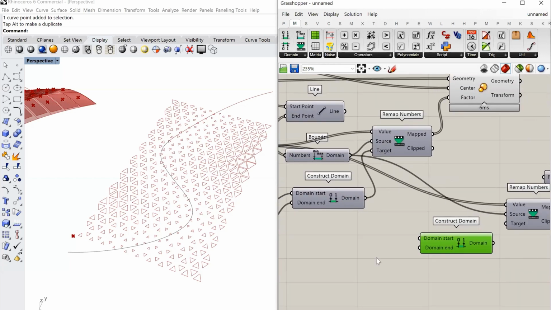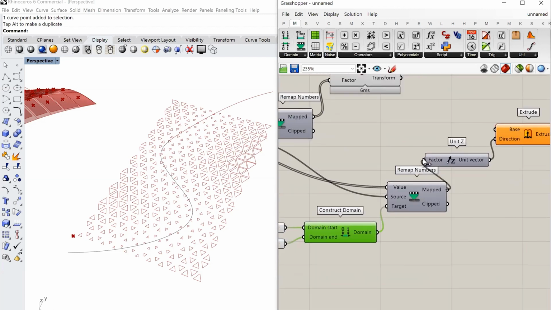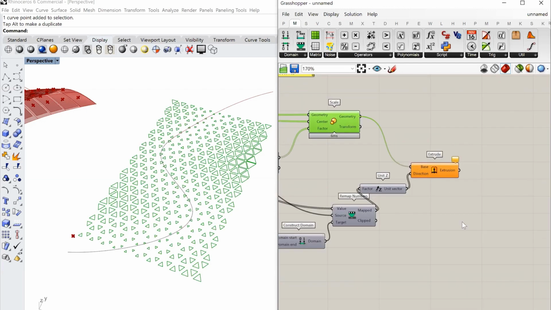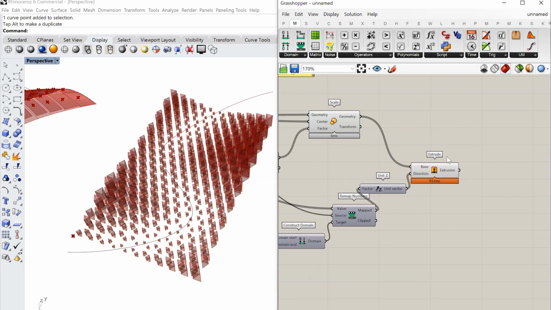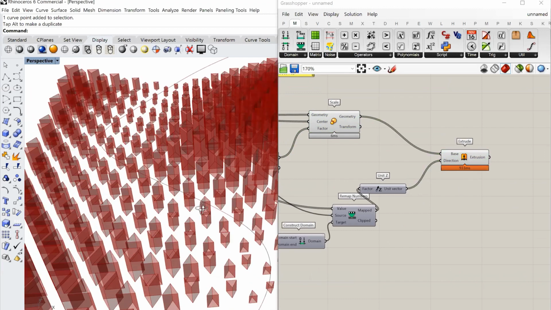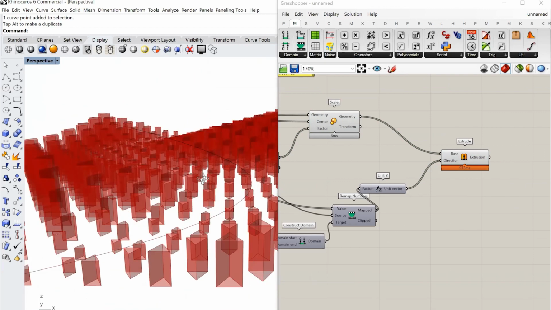And then my domain can be, let's say, 50 to 500, because now I will be using these numbers for giving it a height, extrusion height. So I'm using a larger number, not 0 to 1. And these are my mapped values. And I will extrude these geometries. So here you can see that everything is extruded as per the distance from that particular curve.